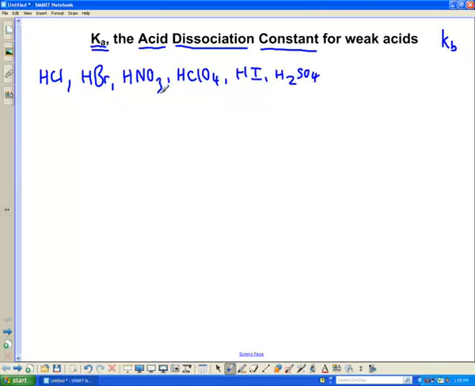So what's the one common thing about these? Well, the only common thing is that they are strong acids. And what does that mean? Well, what does an acid do? An acid dissociates. And what does an acid dissociate into? It dissociates into its two constituents, one of which is H+, and then the conjugate base of the acid. If we were to use the example of HCl